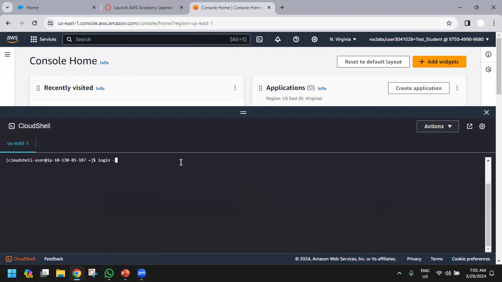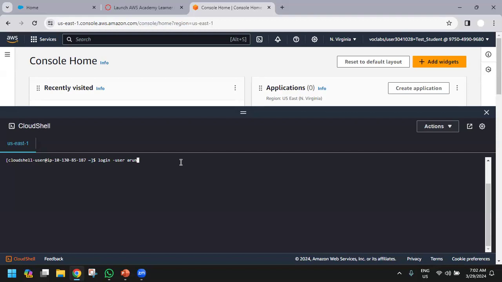Like login dash user. Okay, so Arun. So I'm trying to log in my user ID with the name of Arun. Since I have already logged in, but I can log in through this Cloud Shell also, command line interface also.